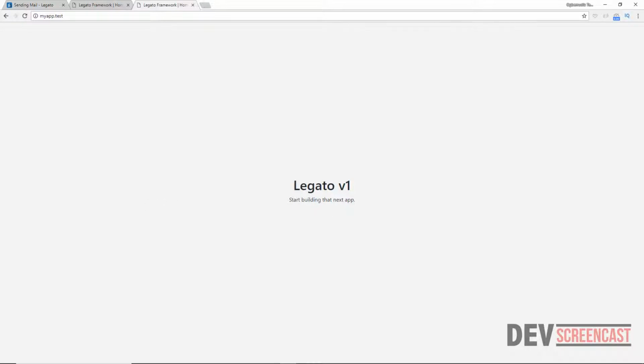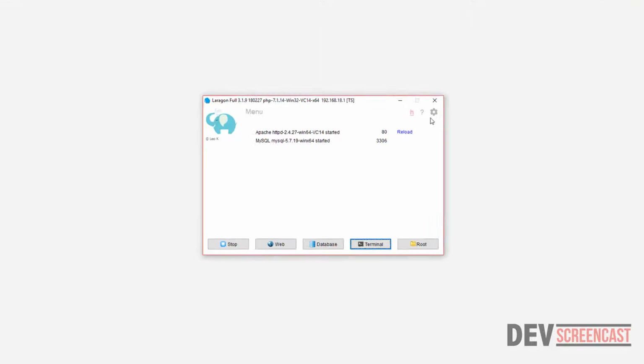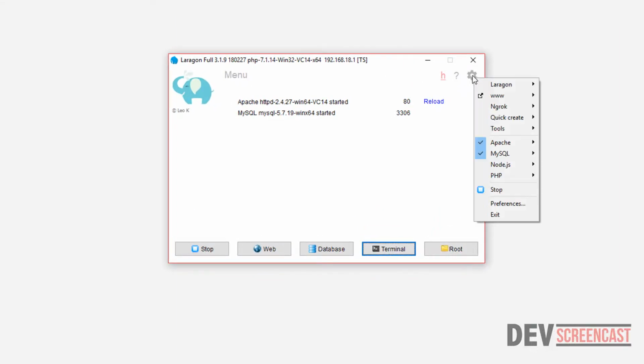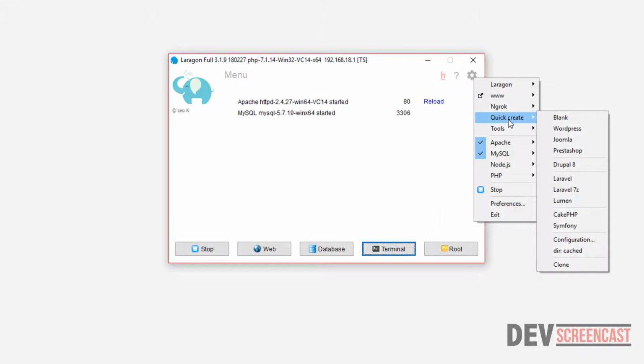The last thing that we want to do now is to add the Legato framework to the quick create button that Laragon provides. So let's come back here. If I right click on this icon here, you can see that there's a button here, quick create. So there are several options here. You have WordPress, you have Joomla, PrestaShop, and then Laravel, Symfony, CakePHP, and all the others. So we want to be able to add Legato here so that when we click on Legato from here, we can just specify a project name and then it will create the project for us and then also generate the